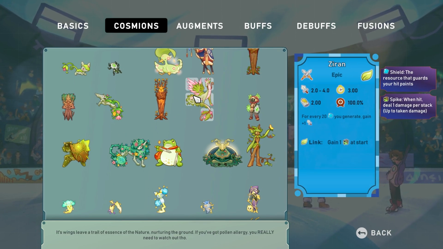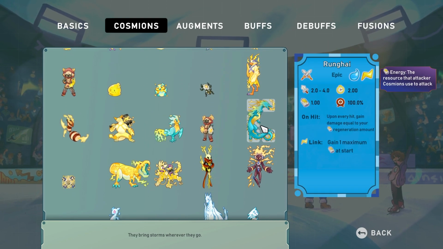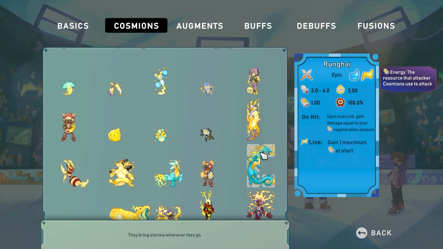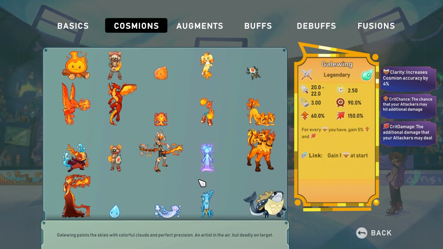I do think that this is, so for example, for every 20 shield you generate, gain an extra damage. Like that compared to this: upon every hit, gain damage equal to your energy regeneration amount. And your energy regeneration amount starts at 2, right? So you have to gain 40 shield to gain 2 damage, whereas here, you literally just have to do nothing and you gain the same 2 damage. So if you're getting extra energy regeneration, it's just going to spike up, and in my opinion, I think it's too strong, comparatively speaking. But I do think that nature is the second strongest type, followed probably by